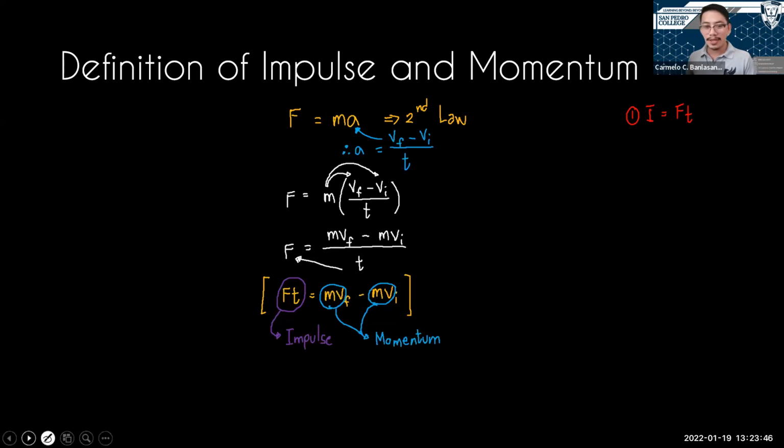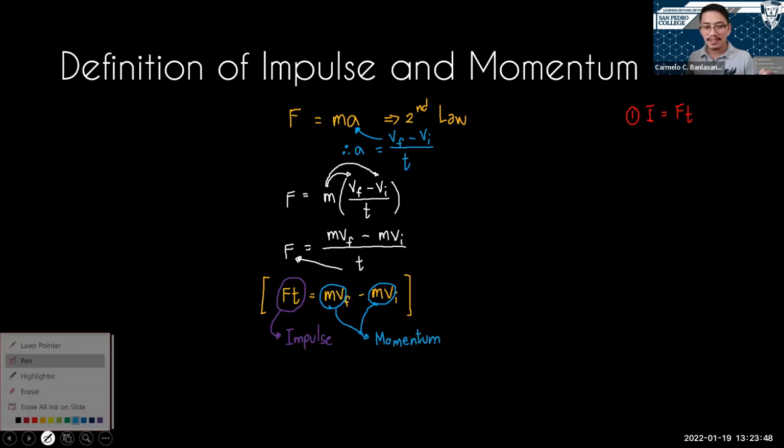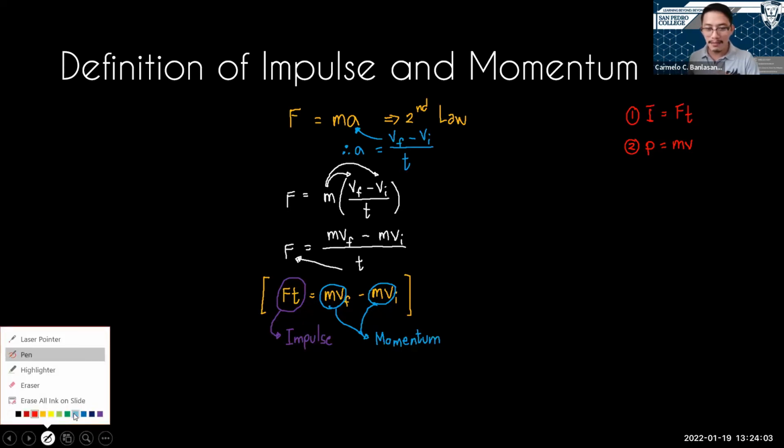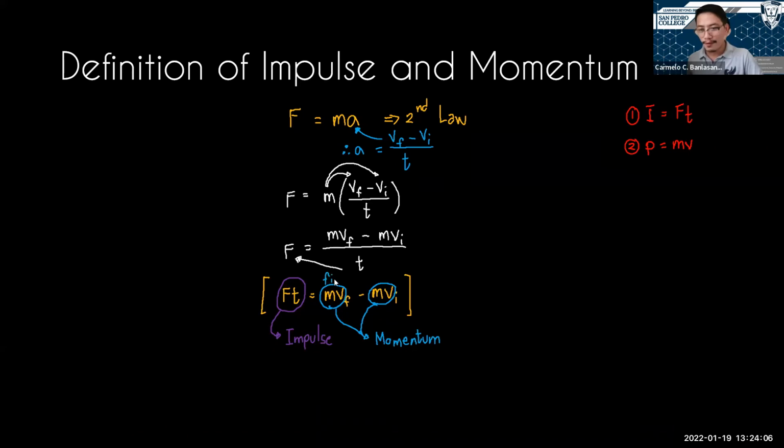Good. So basically, when you hear the word momentum in physics, that is just the product. Momentum, small letter p, is just the product of mass and velocity. Follow? So in this context, this is the final momentum minus the initial momentum, because we have f for final and i for initial. Clear? So as a whole, that equation is known as the